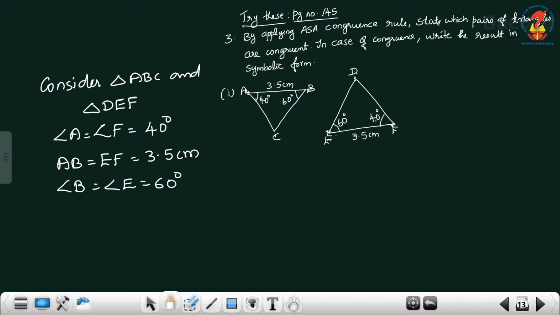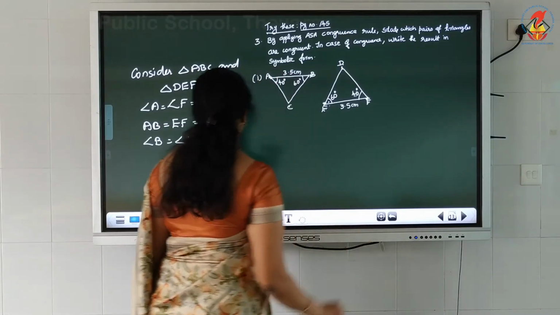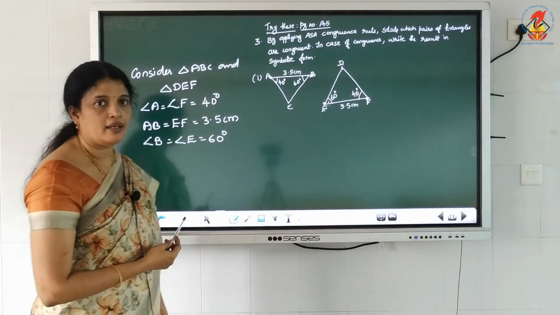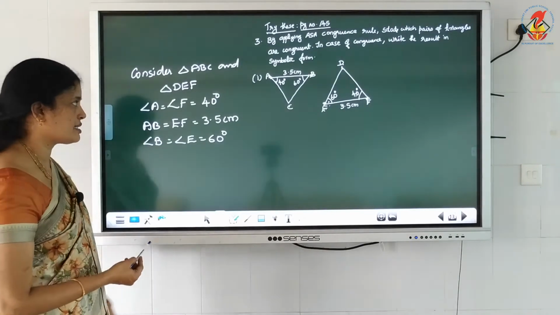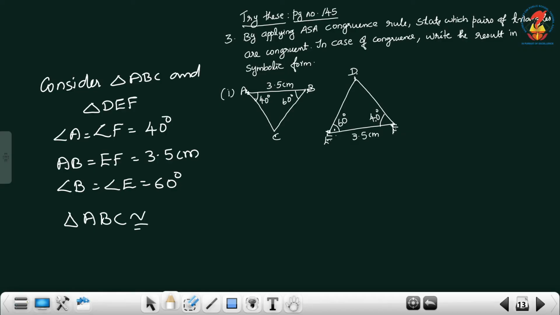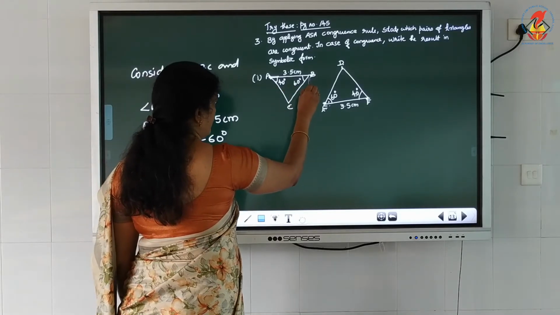Here angle A and angle B, angle E and angle F. AB is a common side of these two angles, angle A and angle B. The same thing, side EF is the common side of angle E and angle F. Then you can write: triangle ABC and triangle DEF are congruent triangles. Then in symbolic form: triangle ABC congruent to triangle